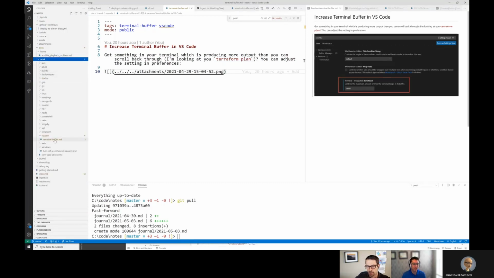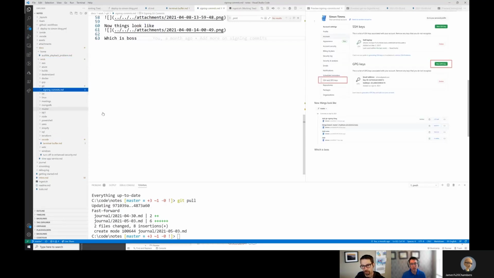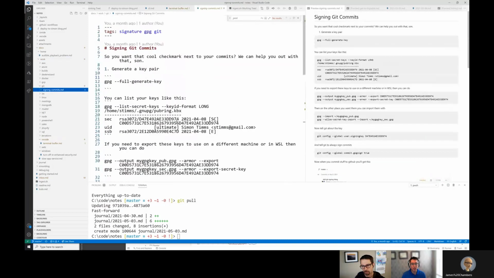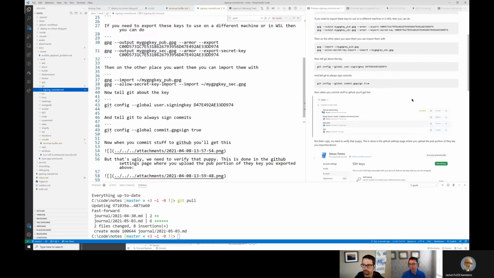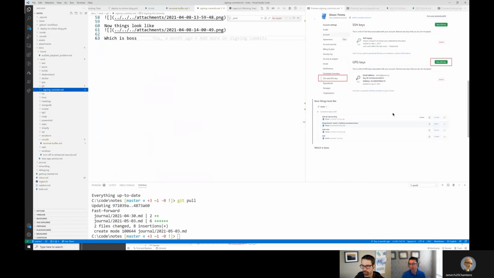So everything ends up in work, and I just have them laid out by the technology that I am using. If I drop into an individual one, I can click and see what's in this Git folder here. This is about how to sign commits in Git, and all that sort of stuff. So how to set all of that up, and it's in Markdown, so it ends up being rendered really nicely here over on the side.